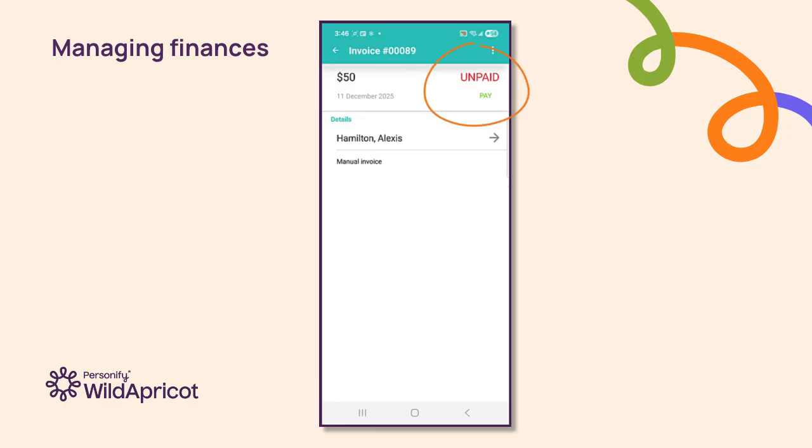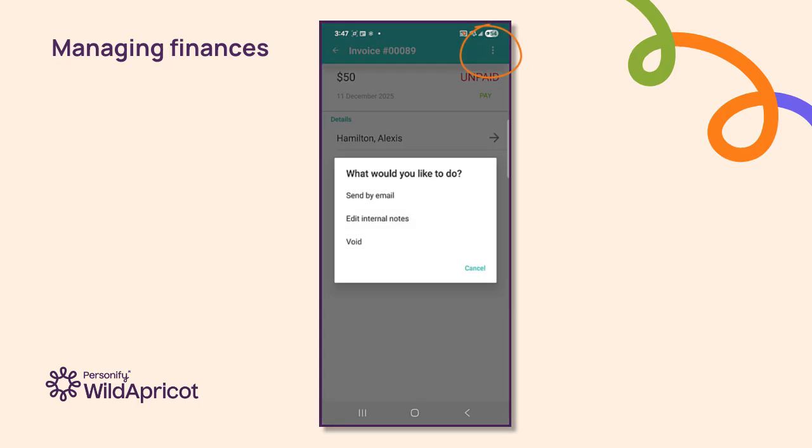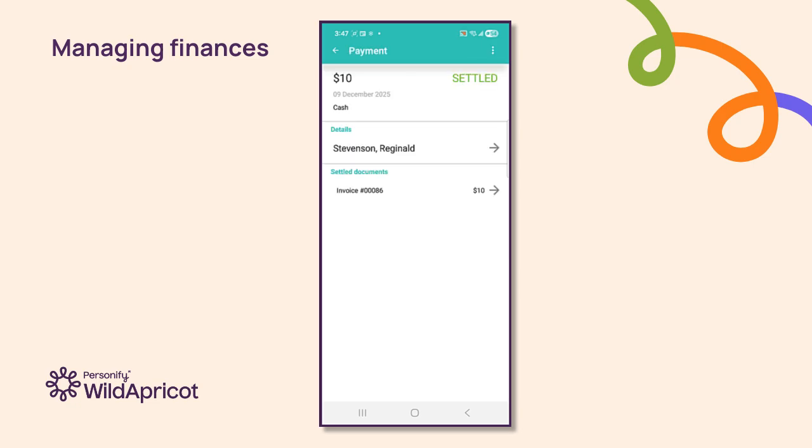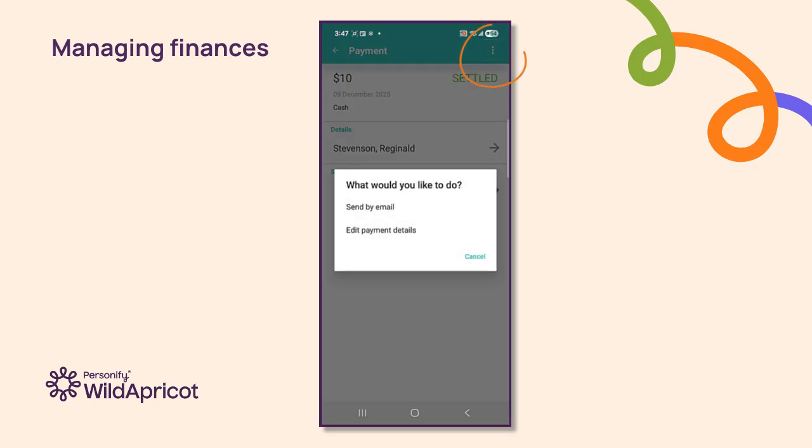If it's unpaid, you can tap Pay to record a manual payment, selecting the payment method and adding notes. In the top right, use the Action menu to send the invoice by email, edit internal notes, or void the invoice. When viewing a payment record, you can quickly jump to the associated contact's profile or view the invoice the payment is linked to. In the top right, use the Action menu on any financial document to send it by email